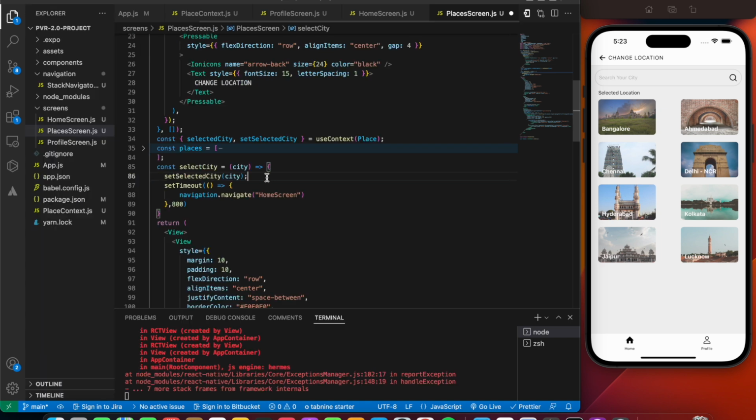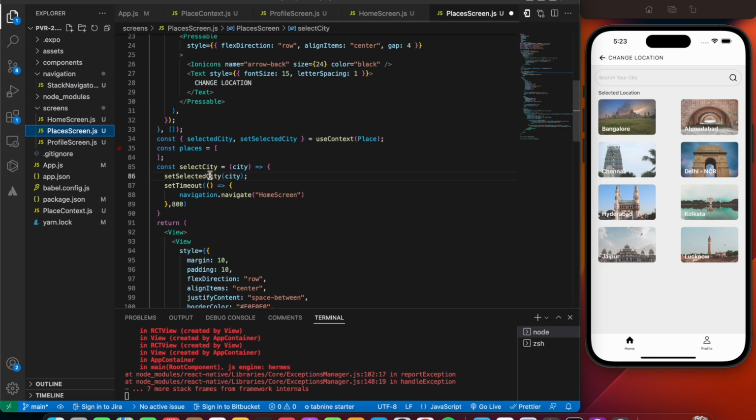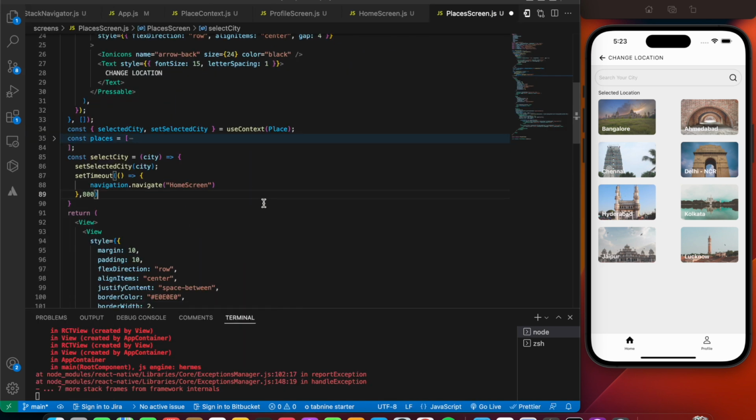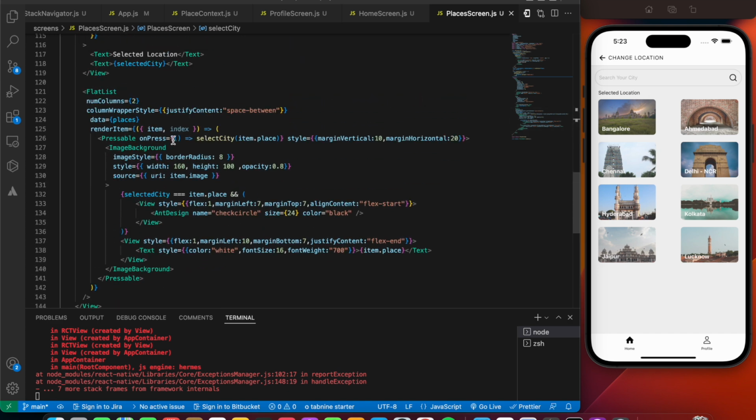Let's check out the name. So stack navigator, yeah, it is home screen. Yeah, let's pretty much save the file. So now if I press on the first city, and this is gonna run. So we are gonna pretty